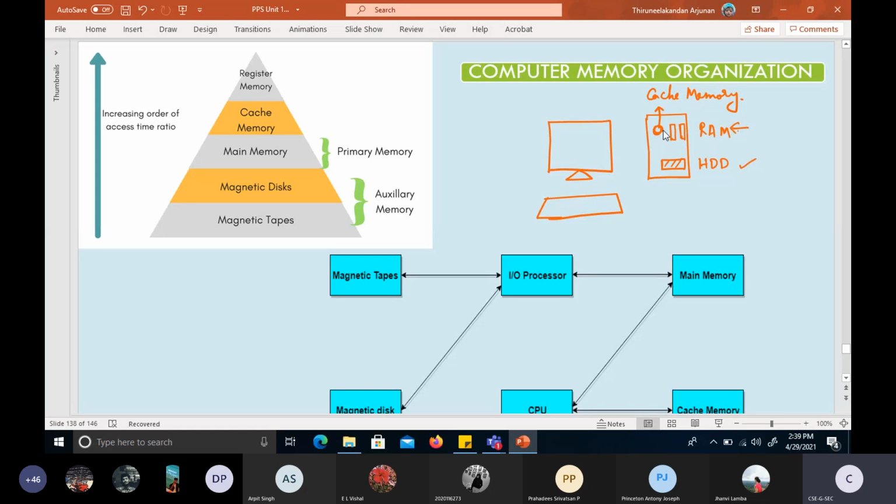Let's assume we are using a browser, and that browser's information will be stored in this cache, so that as soon as we double click the Chrome browser, it quickly opens and then loads the previous history of files that we have used. That information is stored in this cache memory.